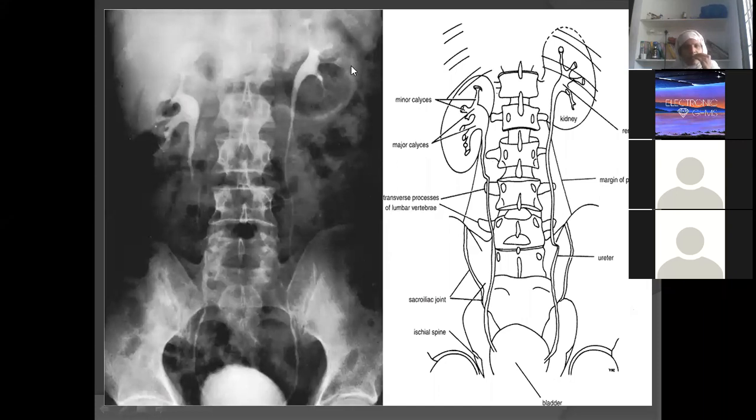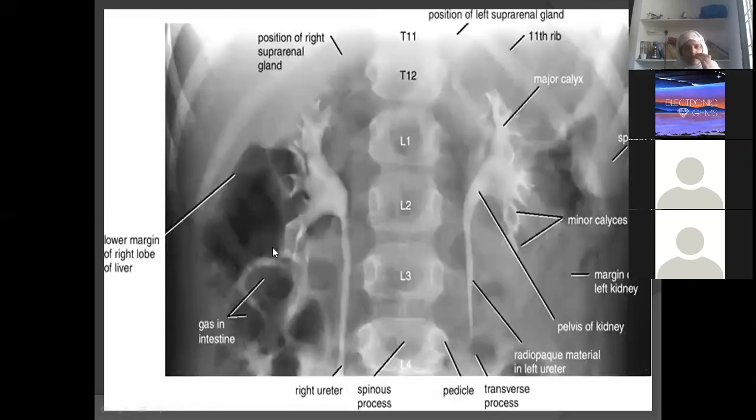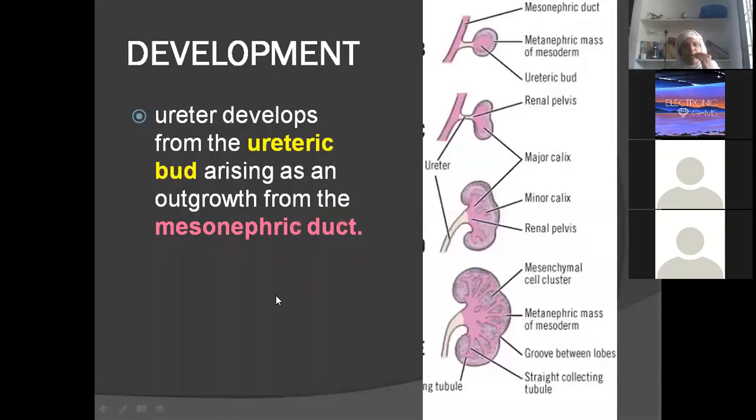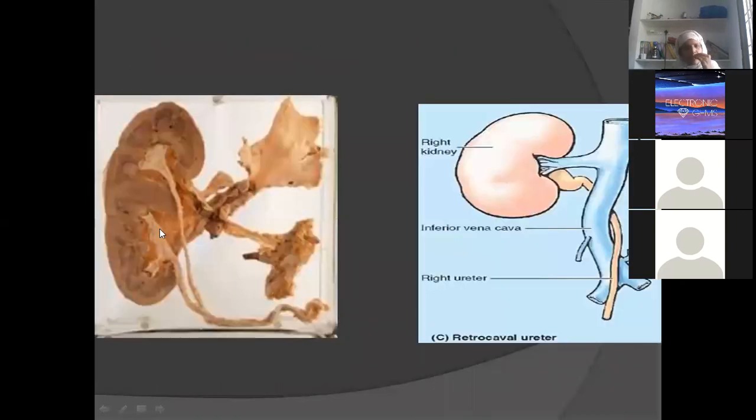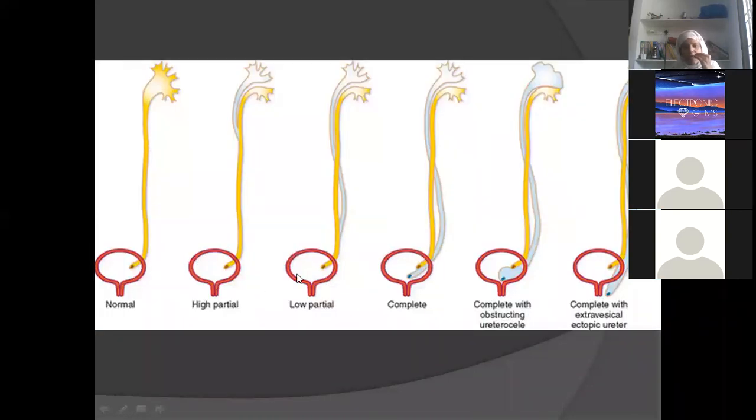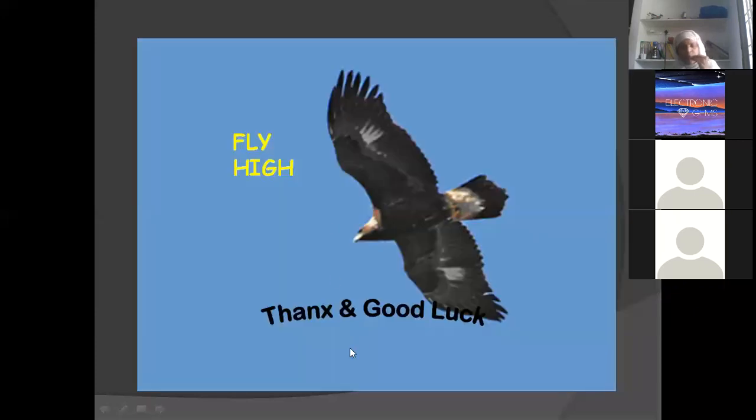Ritika, this is the pelvis. This is the right ureter, left ureter. This is the pelvic part of the ureter. What is this? A bag filled with so much dye, the urinary bladder. Major calyces, minor calyces, pelvis of the ureter, everything. This is pyelography. Development I will discuss later. In developmental anomalies, you may find a double ureter. So the ureter will have so many variations. Hope you understood.